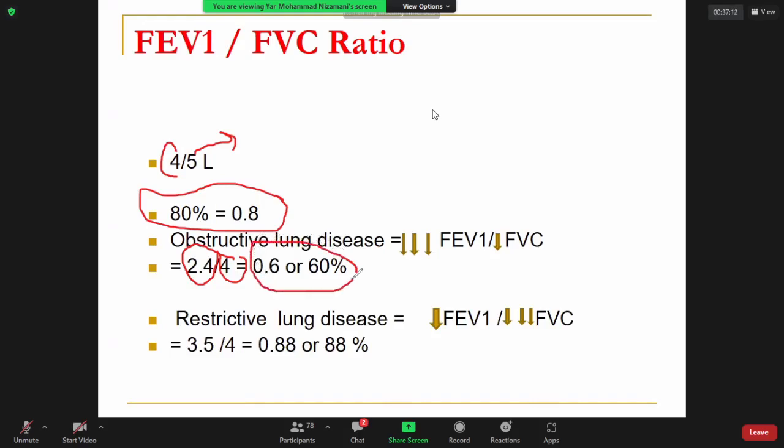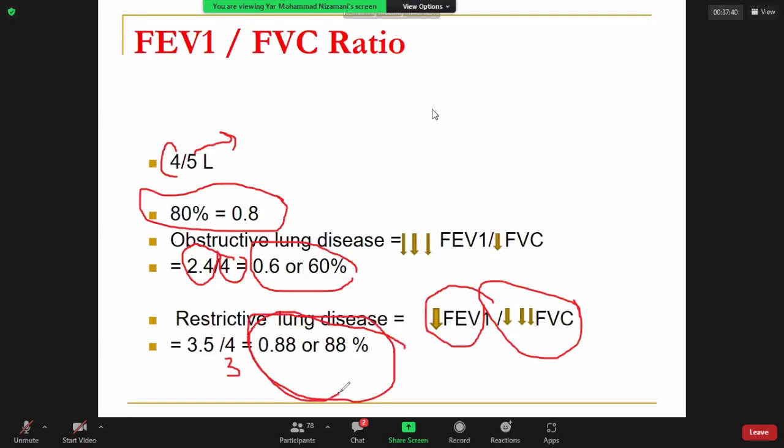डिक्रीज होगी बच्चा, देखिए ना, 0.6, 0.8 से कम हुआ है, 60% हुआ है। अब हम रिस्ट्रिक्टिव लंग डिजीज में आ जाते हैं, उसमें इंस्पायरेशन का मसला है, एक्सपायरेशन का कोई इशू नहीं है, तो फिर क्या होगा बेटा? अगर एक्सपायरेशन का मसला नहीं है तो FEV1 थोड़ा कम होगा, मतलब 4 लीटर है तो 3.5 हो गया। FVC बहुत कम होगा बच्चा, भले आप 3 कर लें, बहुत कम कर लें, रेशियो ज्यादा आएगा, देख लें।